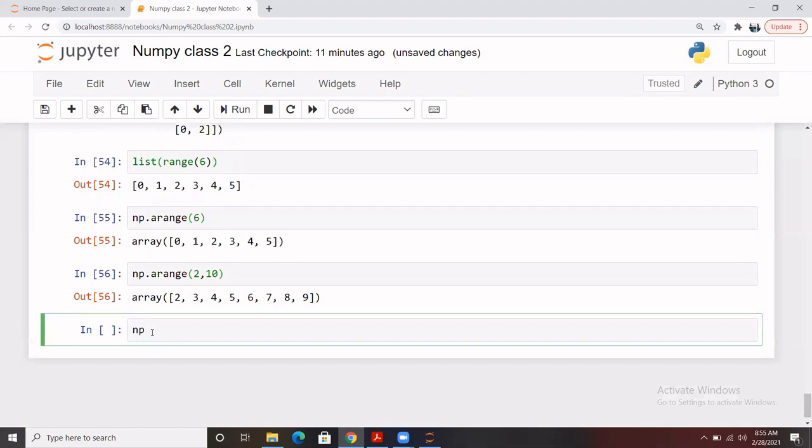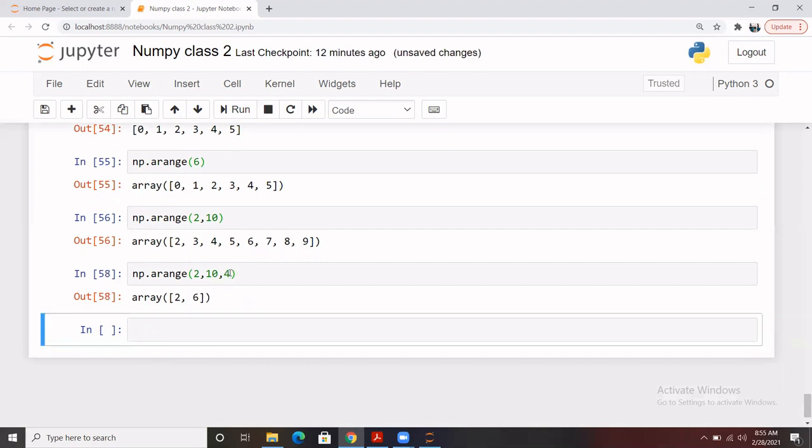And for three arguments, it is exactly similar to what we used to do with the range function in core Python. So 2 comma 10, and 2 is basically the interval. It will start from 2, go till 9, and will take steps of 2 from the first point to reach the destination. 2, then 2 plus 2 is 4, then plus 2 is 6, something like this. In case you increase this interval, it decreases the number of values, something like this. So this is basically what arange does.